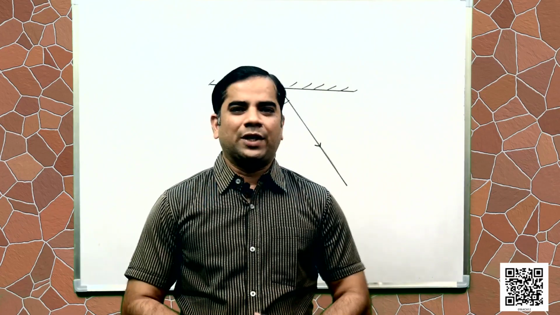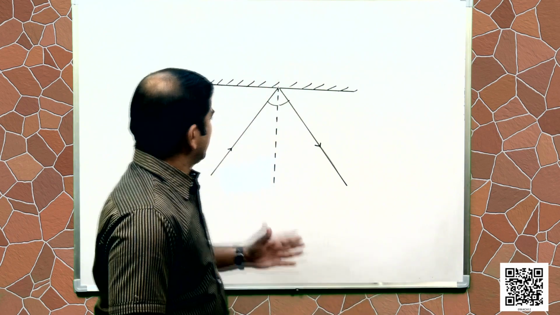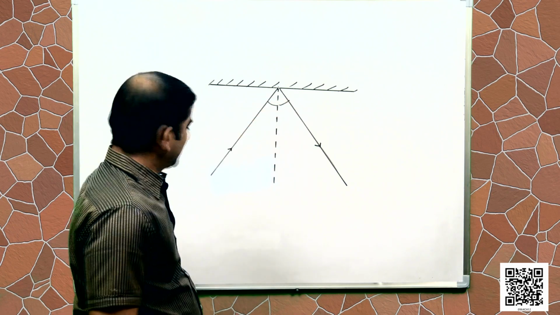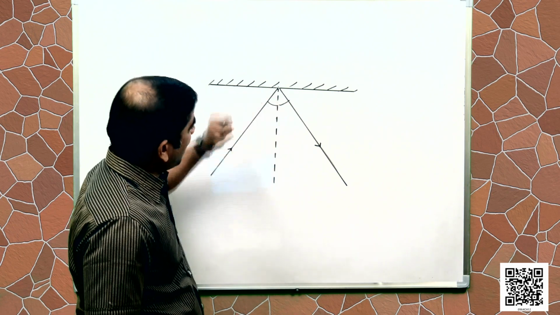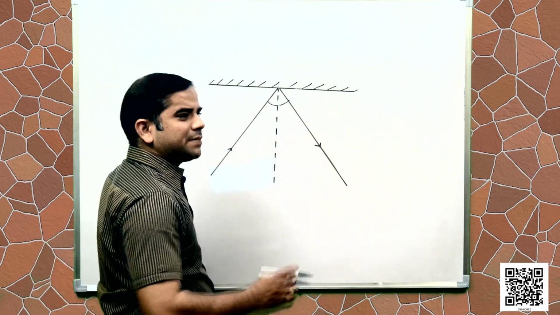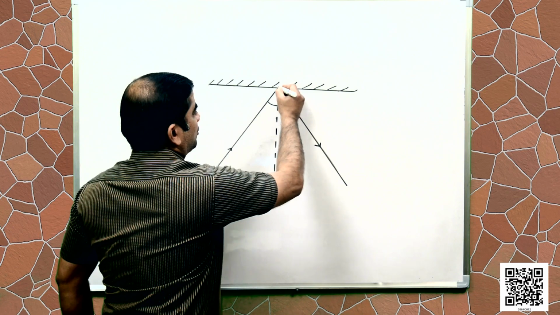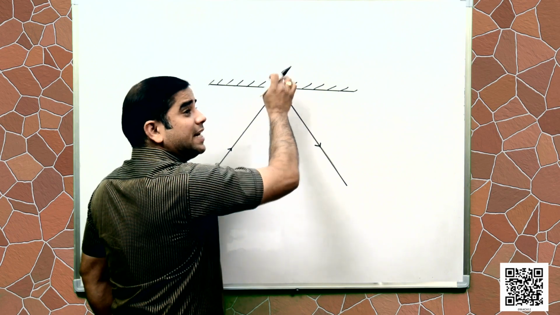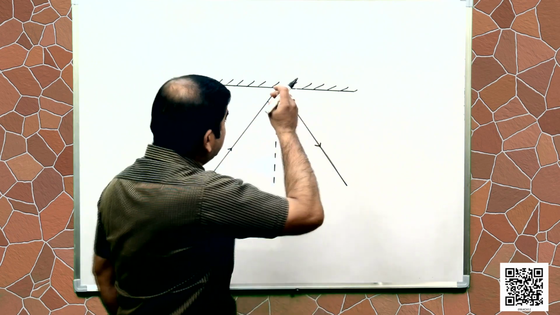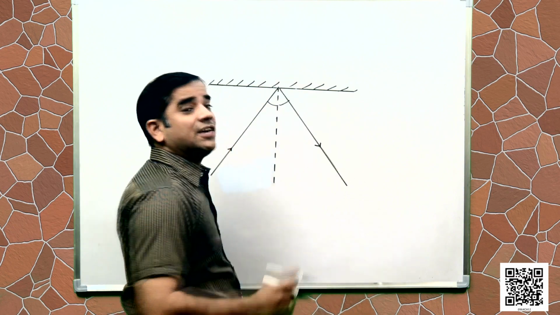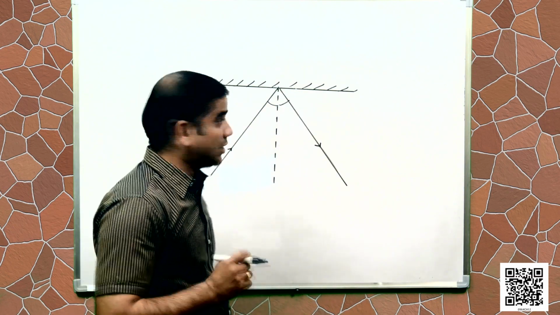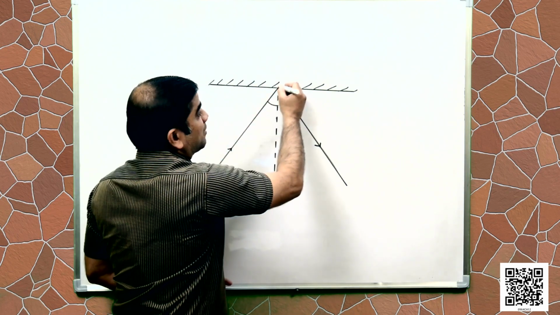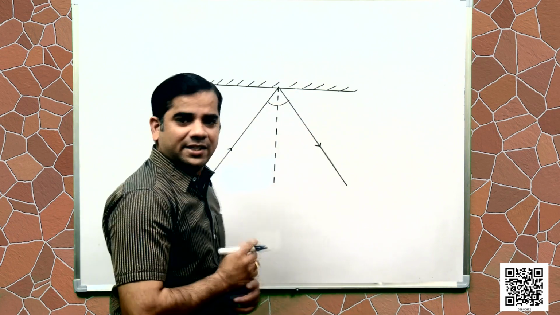Okay? Students, as we have discussed, this is the direction of sound. Sound travels in this direction and this is the surface which is being polished, or it is a rough surface, suppose. So, this is the point at which this sound gets in contact with the surface, and this is the point from which the sound is reflected in another direction, because it cannot penetrate through the surface. So, it falls on this point and reflects in another direction.